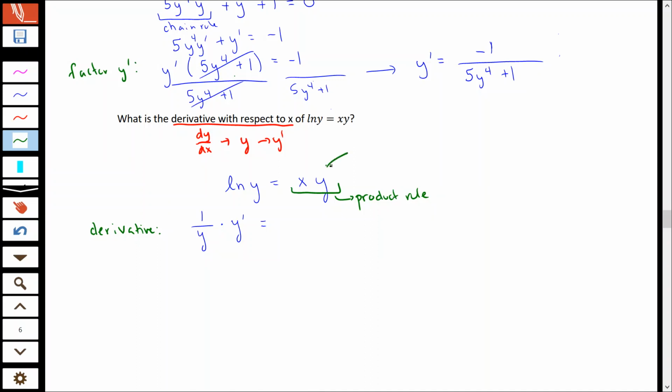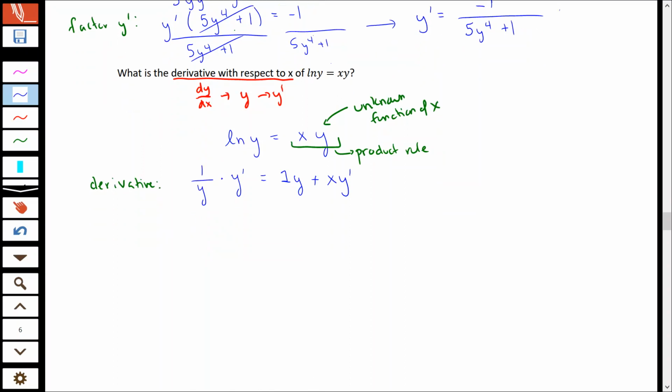It just turns out that y is an unknown function of x. So we're going to use our product rule. We take the derivative of the first, so the derivative of x is just 1, leave the second, plus leave the first, derivative of the second, y